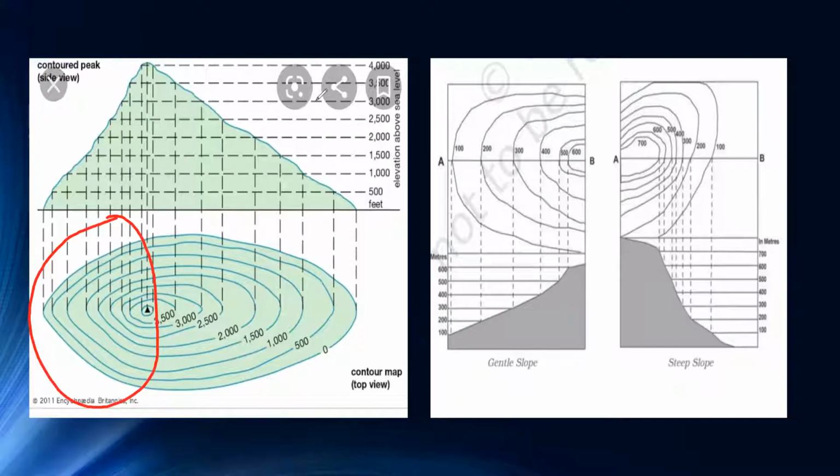Similarly, the diagram on the left shows the same. I have circled it, children, to show how the contours are close by to show the steepness, and how they are far apart to show the slope is gentle. You have learnt in physics also, children, it is easier to climb a gentle slope than a steep slope, isn't it? Okay, so I have a video for you over here to make both these concepts a little more clear. I hope this video is going to help you in understanding both the topics better.